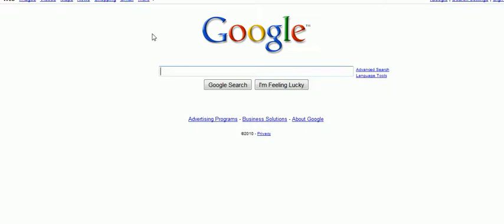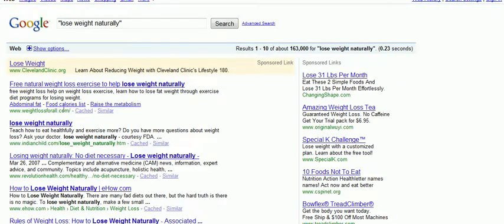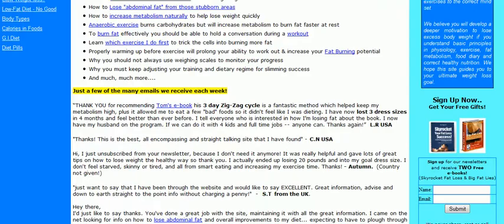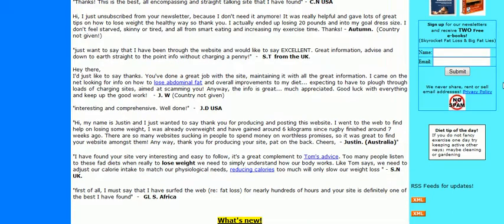For example, let's say that the keyword phrase is lose weight naturally. So you could go into quotes here, type in lose weight naturally, and get some possible articles that have already been written on this subject. And so, here's one, weight loss for all. And you could just go visit this website, for example, and just grab a few tidbits of information, maybe, if they have anything. Sometimes it might just be a sales page, but if it is like an article, like this one is, you might be able to pull off some information that talks about it.